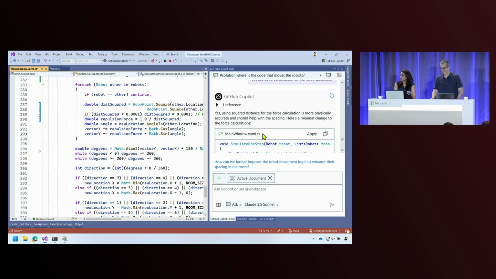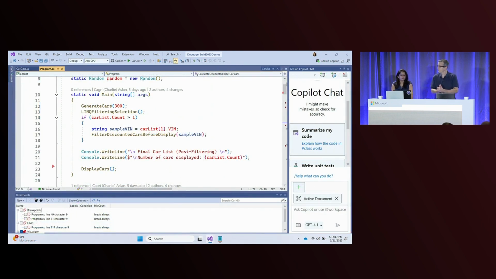Okay, perfect. So I think that was great. We know how you can use Copilot to understand your code and navigate through your code. Now let's get into the heart of debugging. Features like breakpoints, I'm guessing it's everyone's favorite, and data visualization and much more. For this demo, I'm going to be using a very simple application. I have a car list application which gets different information about the cars and then spits out all the details at the end.